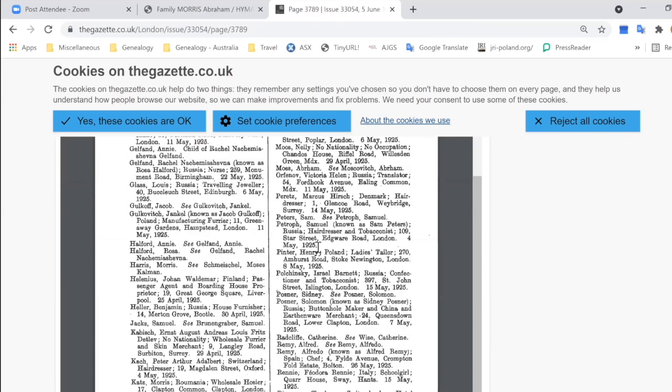Okay, list by list by list of naturalisations in England, or in the UK actually. So really useful if you're looking for when people got naturalised. If you find their names here, A, you know they got naturalised in England, and B, you know that the National Archives in England is going to have a file on them that'll have a whole lot more data